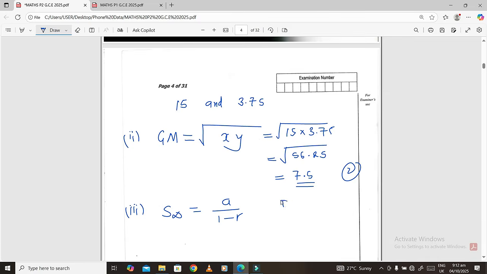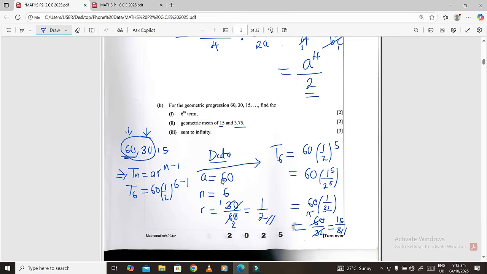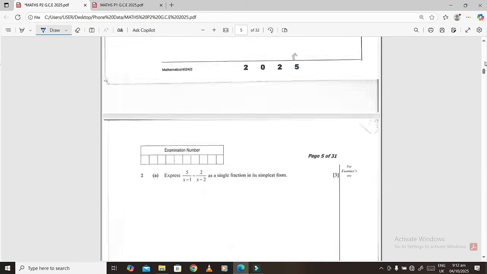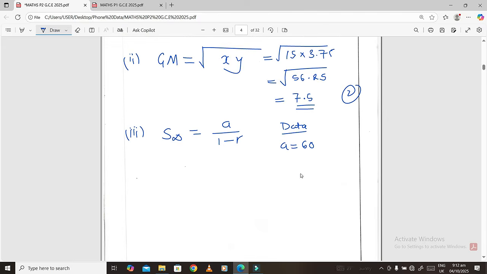Now when you remember, our data was like this. We said A is 60. If you remember here, let me show you. A is 60, this one. And then we also need R, which is 1/2. So R is 1/2. That's all. These are the two things we need. So we can plug in